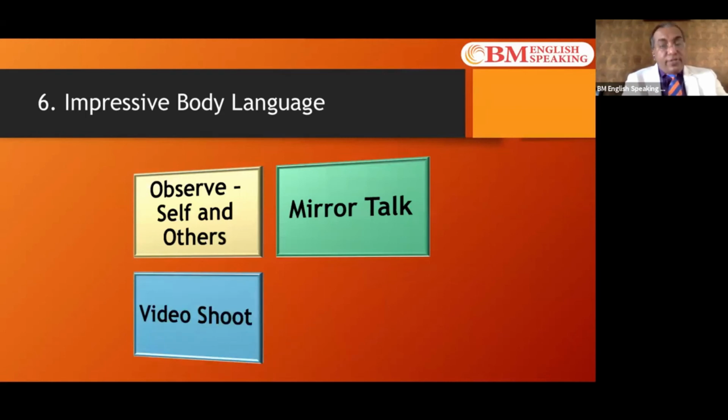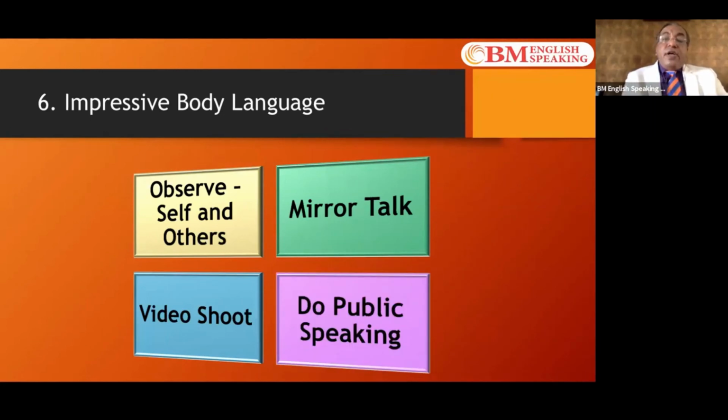Also, another way, of course, is to use video shoots. All of us have a smartphone these days. Use video. In this quarantine time, shoot your videos, stand up, sit down, make your videos, and look at your videos. You will learn so much from your own videos, especially about your body language, that there will be a remarkable improvement in your body language and make you an effective communicator.